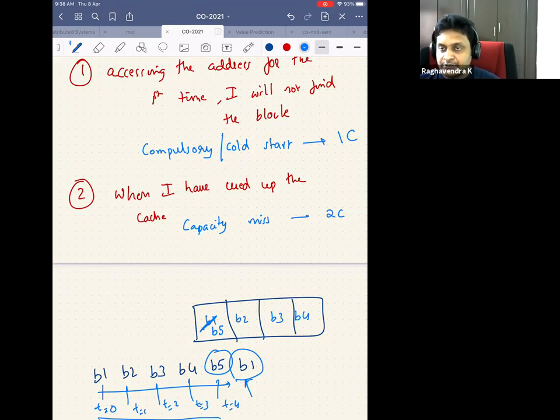So you just increase the cache size. If you increase the cache size, the number of capacity misses go down, right? So instead of having an 8 kilobyte cache, have a 16 kilobyte cache. Then the capacity misses are reduced by half, or some number. So the easiest way to reduce the capacity misses is by increasing the cache size. Why? Let's say instead of having 4 blocks, I had one more here. I have increased the capacity of the cache. So instead of removing B1 and keeping B5, this B1 would have still been here, and I would have kept B5 here. And when the CPU generated B1, it would have been a hit and not a miss because I've increased the cache size. So that's the easiest way out to decrease the number of capacity misses.